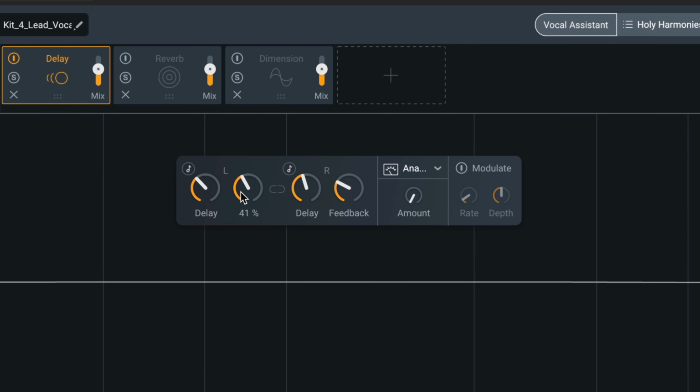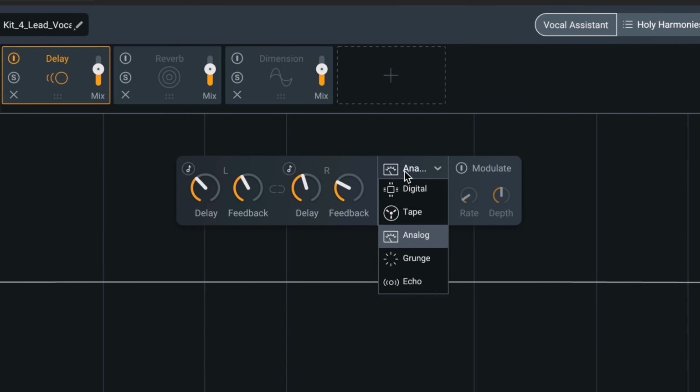So we send the signal back into the delay to cause that delay, right? That's the feedback's job. We also have some parameters here that allow you to add a bit of a tone and a vibe to the copied signal only. We can add a clean digital vibe, or a tape vibe, or a warm analog vibe, or a grunge vibe. And we can also modulate with rate and depth the copied delayed signal too.